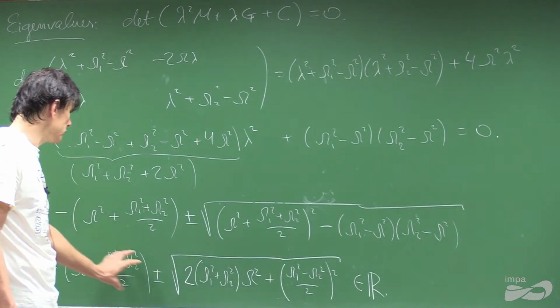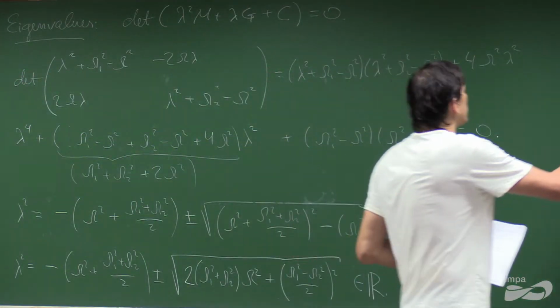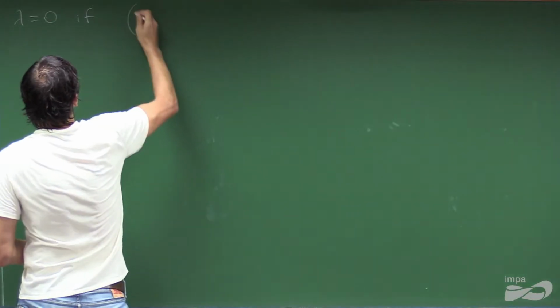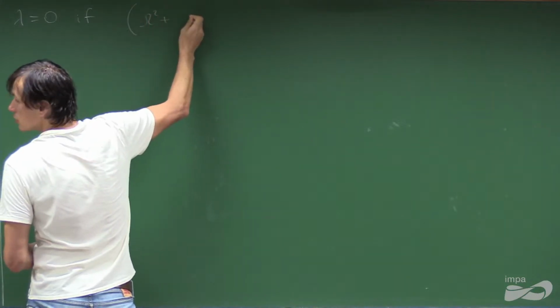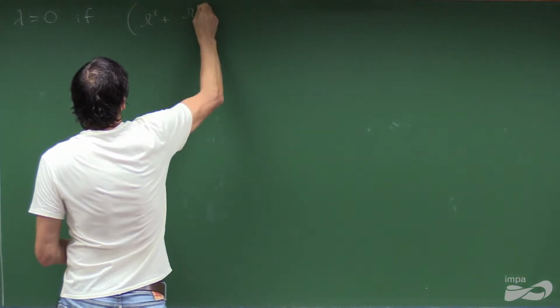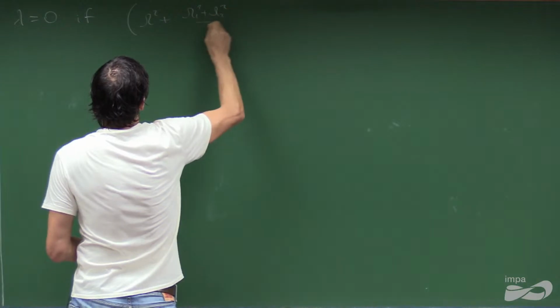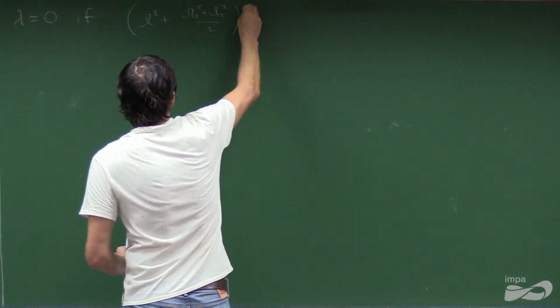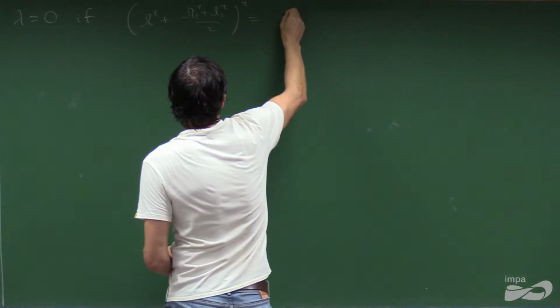And when the square of this equals the square of this. So if omega squared plus omega 1 squared plus omega 2 squared over 2 equals the square equal to